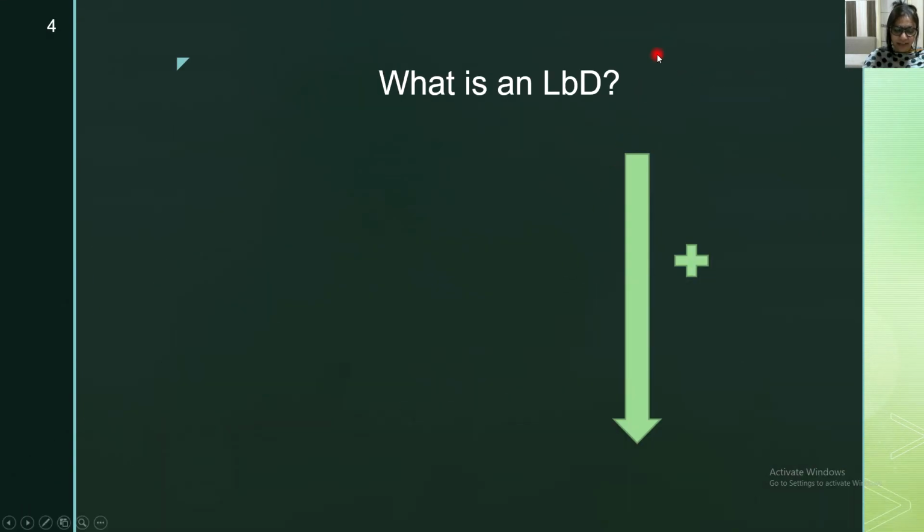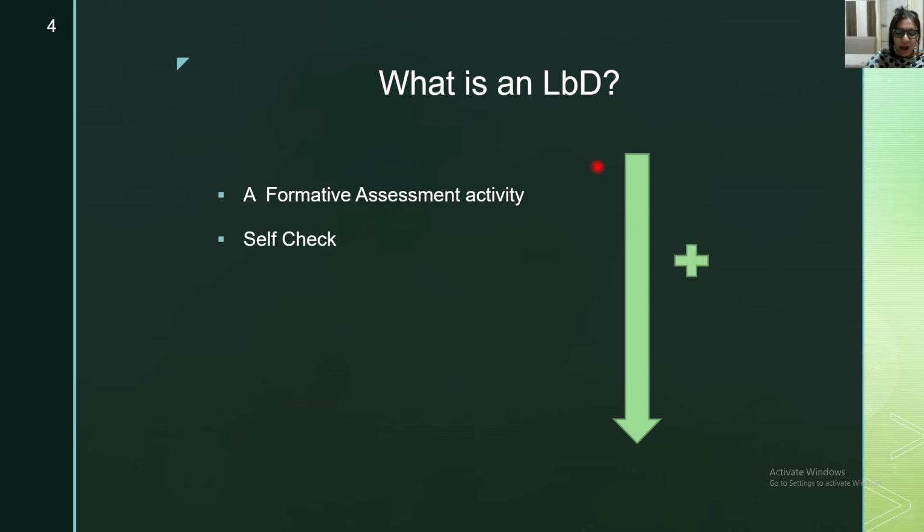What is LBD? LBD is a formative assessment activity designed by an instructor for students to self-check their level of concept attainment, or to immediately apply the concepts they have just learned in the LED, and for integration of various concepts and parts of the module given in the MOOC model.